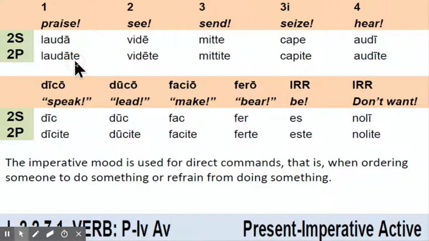For the infinitive, you'd be using re. Now notice this will also throw you off on fourth conjugation because you think, oh my goodness, that's first singular perfect indicative. But if it were, it'd have a perfect stem, audivi, not audi. It's called the present imperative because it's formed off of the present stem with the necessary vowels. This is part of the quiz.